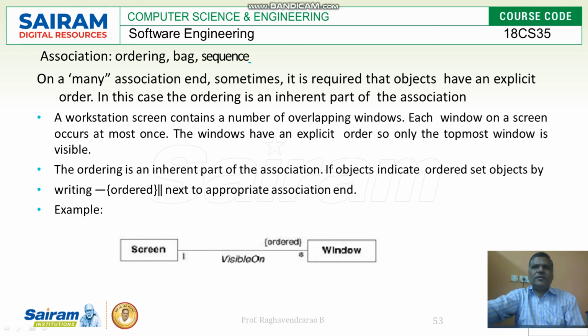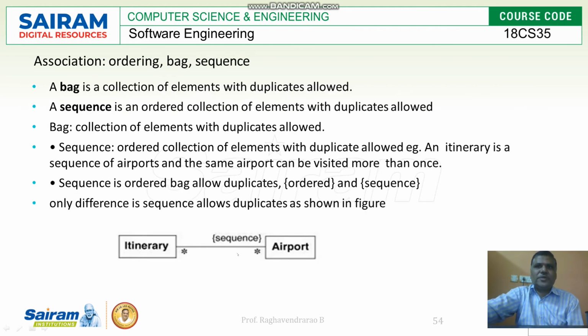Okay, the sequence is also going to be mentioned, so you should be able to write that. And if you write it, then only the association is going to be possible. A bag is nothing but a collection of elements where duplicates are allowed. But in a sequence there are no duplicates. Okay, ordered collections of elements with duplicates allowed. Sequence is also there, but duplicates are going to be allowed over there. So it's nothing but more than one